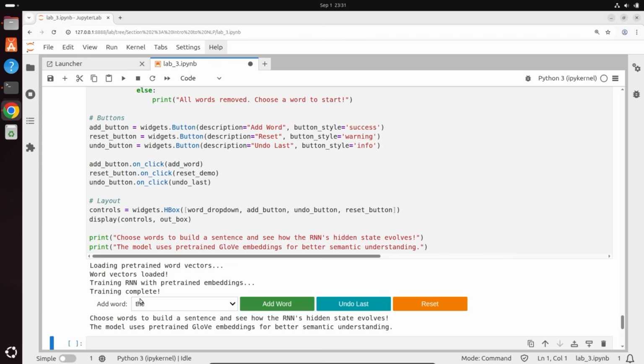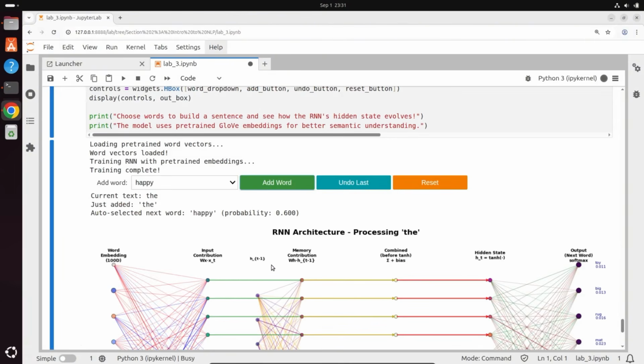It uses a fairly similar UI where we can just continue to add words, and we can actually make the selection ourselves of what we want the next word to be. It'll automatically put this drop down to whatever it thinks the highest predicted one is going to be, but again, you can override that and pick whatever ones you want. So let's start with "the" here. So we'll add a word, and then if you scroll down here, you can see the highest predicted one